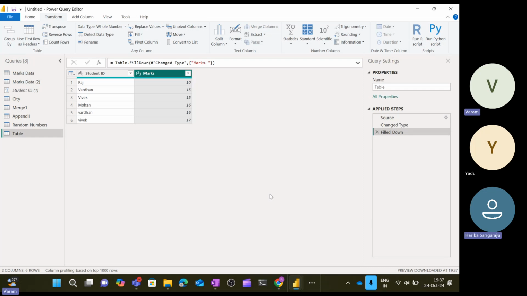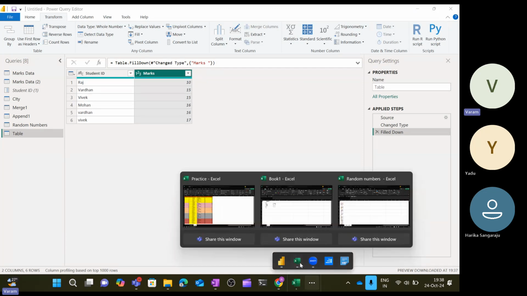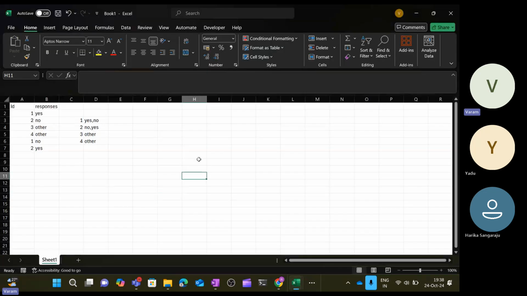Right, no worries. So how many of you know what a pivot is, in Excel or in any scenario? Any knowledge, Harika and Yadu, what is a pivot? Okay, no. So I'll tell you. There is a very bold thing in Excel, regularly used. If you wanted to keep something in a matrix format,